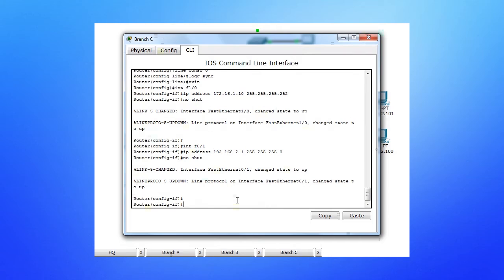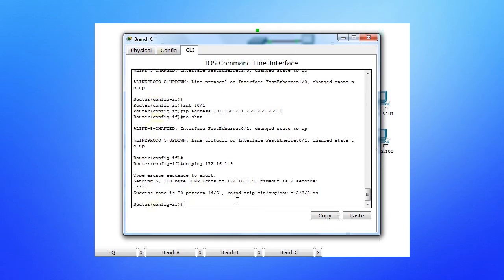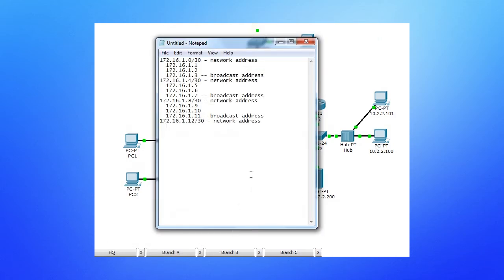The first interface that we configured with the .10, the 1/0 interface, should be up. And we'll do a ping to make sure we can hit the headquarters interface, which is at 1.9. All right, and that successfully worked. How about the switch? Has it decided that spanning tree is not there yet? No, not quite. All right, well, while that's working, and before I move on to the next interface, at least